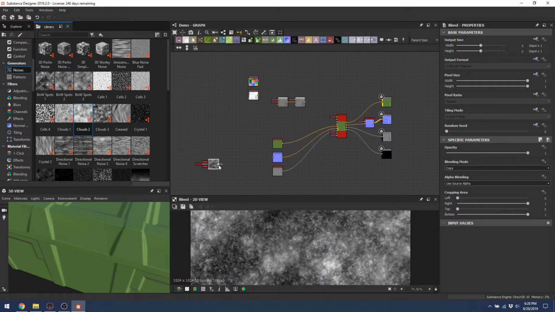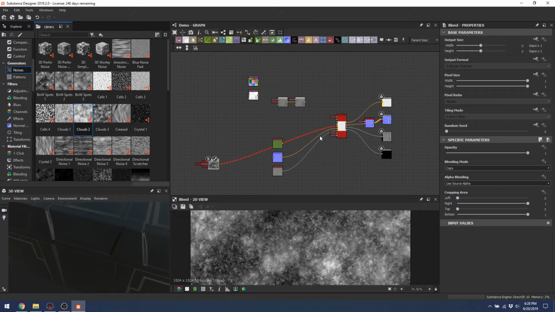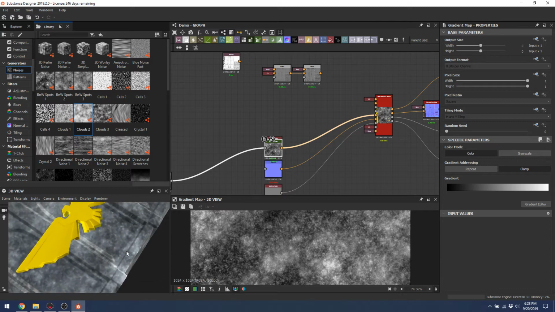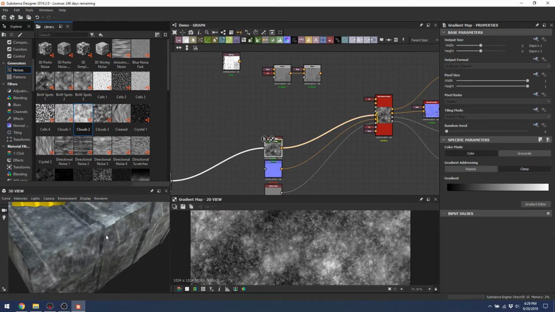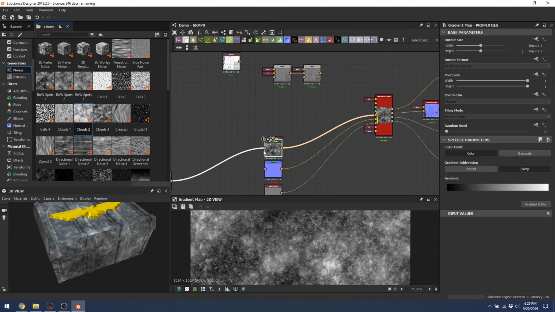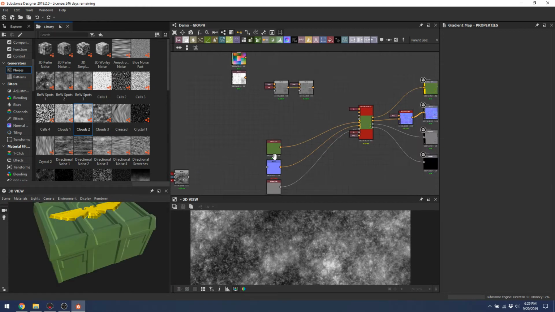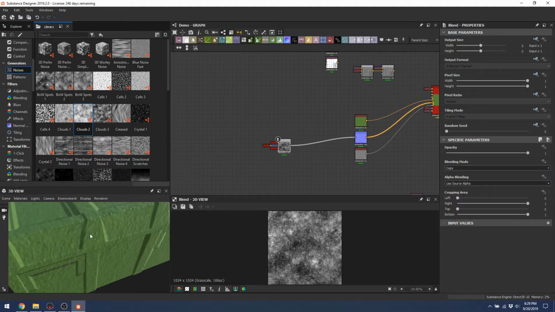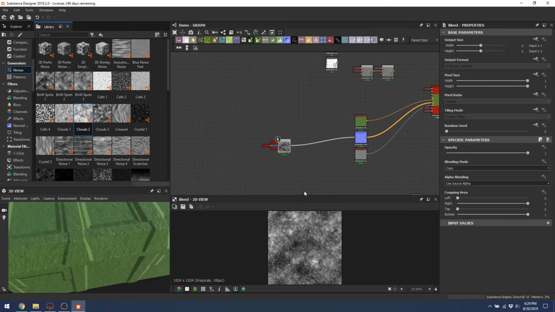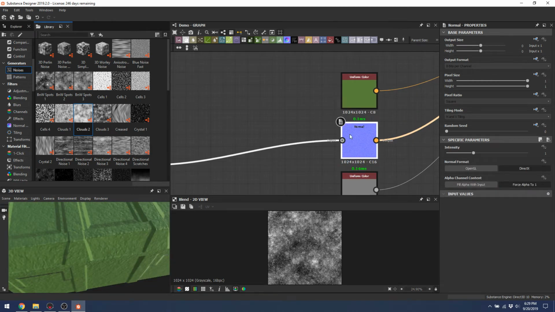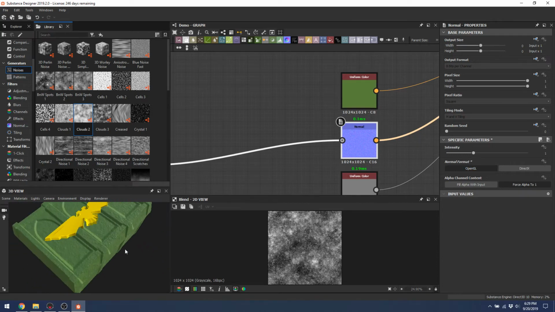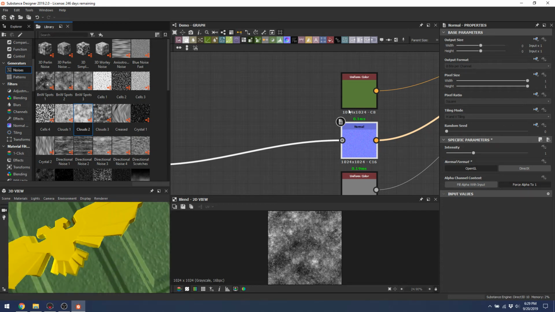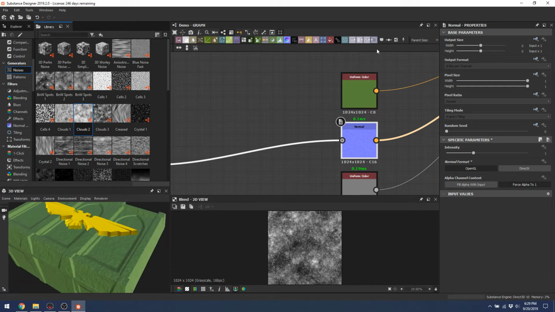So if this was plugged in just straight off the bat as my color map, let's see. I'll address later why that's a problem. But what this looks like is noise right now, and that's starting to get a little bit more interesting than just flat green. But I want to get a little more creative than that. So height maps are very versatile because they can be plugged in as normal maps. Say I plug it into this normal map, and now it starts getting bumpy right off the bat, which is pretty cool. Again, make sure your normal node is set to OpenGL, not DirectX, so that white is bumpy, black is dented. So that starts to get interesting,